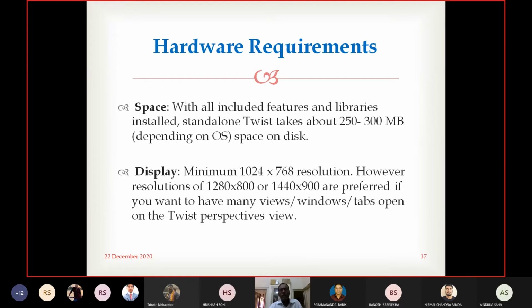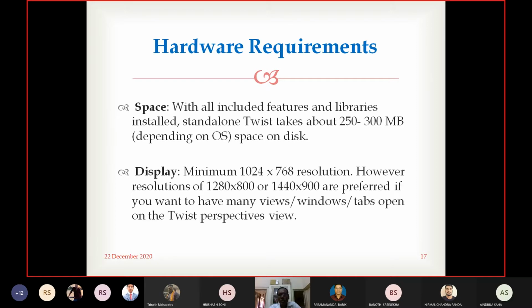Space with all included features and libraries installed: Standalone Twist takes about 25 to 300 megabytes depending on the operating system. What should be the characteristics of the display device? It requires a minimum 1024 by 768 resolution.